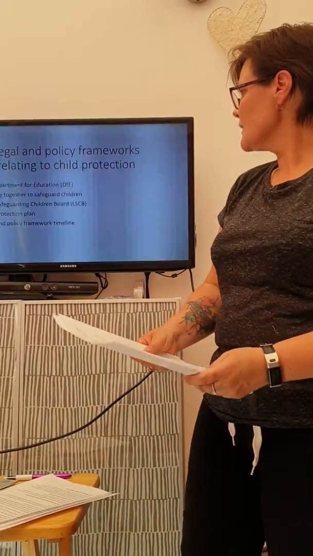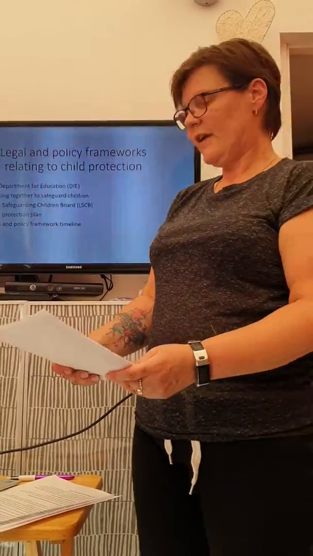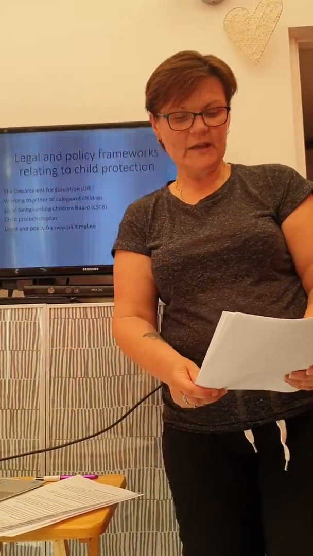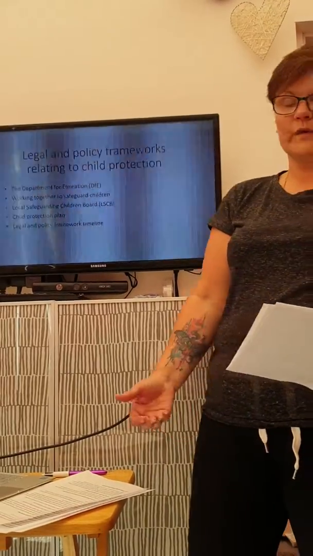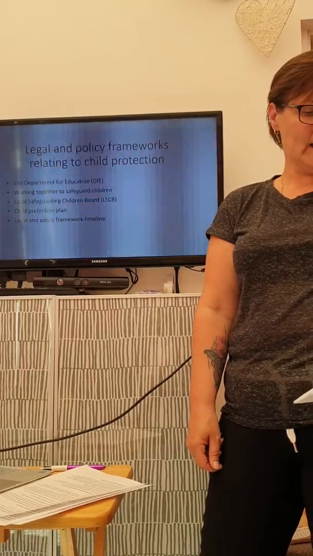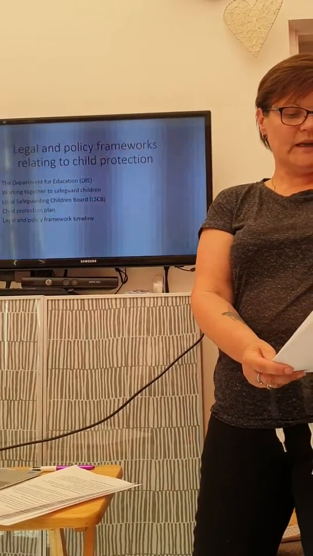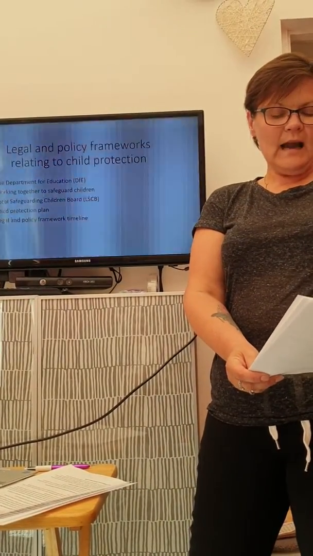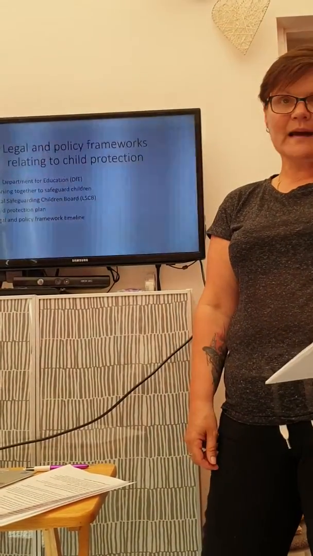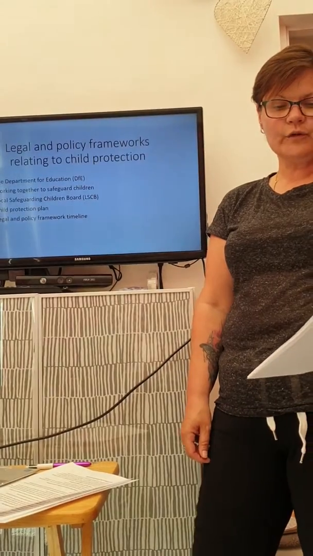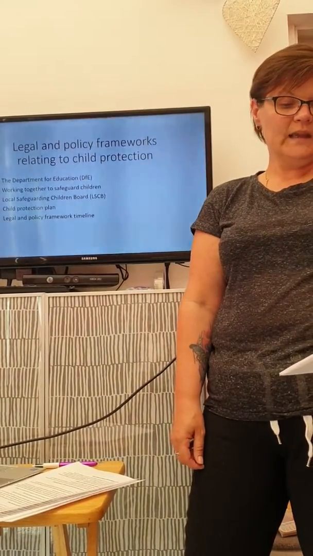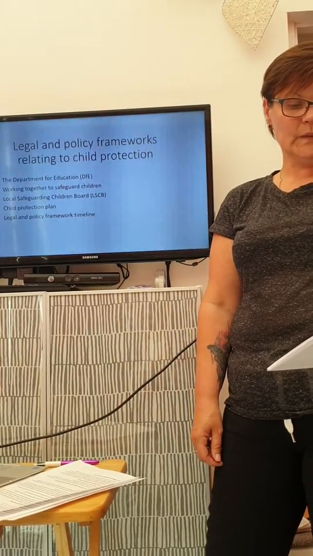Next we've got the legal and policy framework timeline. Well, we've got quite a few of those. The Department for Education is responsible for child protection in England, as we've already discussed, and it sets out the policy, legislation and the statutory guidance on how the child protection system should work. I will now outline a brief overview of the legislative timeline. You will see similar patterns occur, whereby something terrible usually has to happen before the government releases a change in the legislation in order to protect vulnerable children.